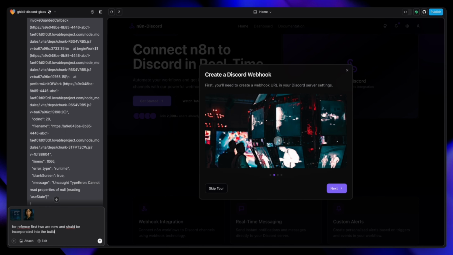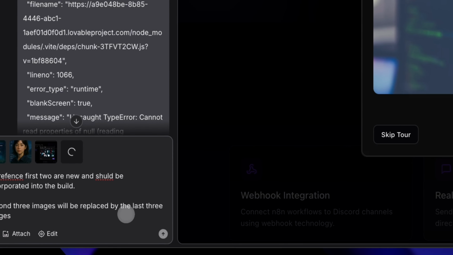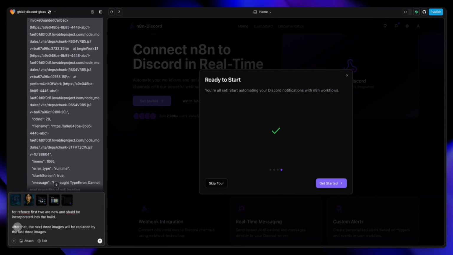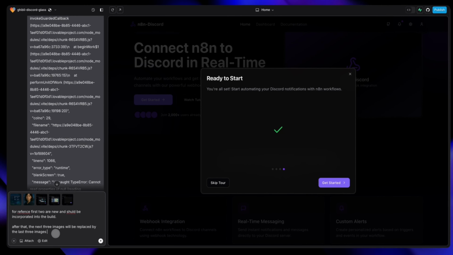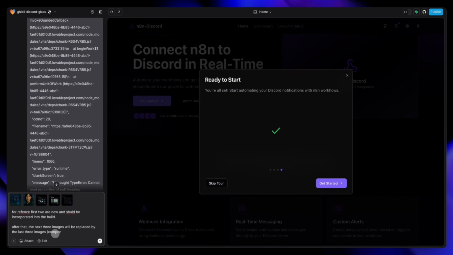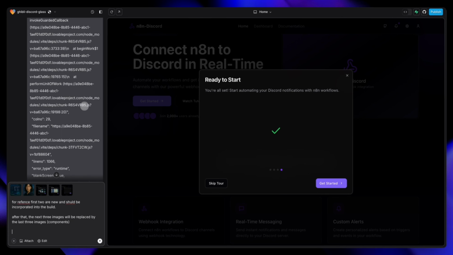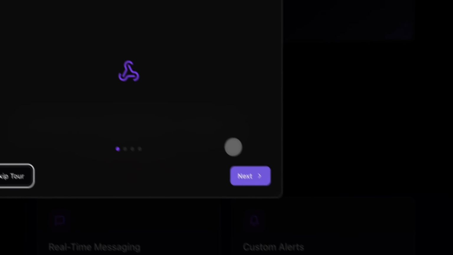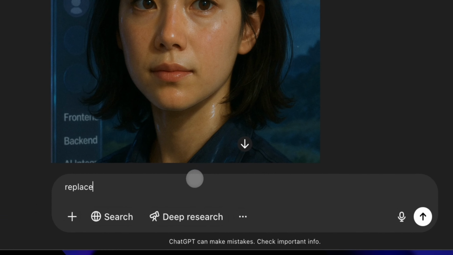Lovable's already got a pretty much full fleshed out idea. So I'm going to add some pictures here for reference. First two pictures are for this part. Next pictures are for this part. You want to get into more detail how to map, and I'll make a video about how to better map images with Lovable, if you don't want to use Supabase or something like that. And then you can even use n8n with a webhook and completely store things that way and use n8n as a backend. I've done that a couple times. If you have a designated folder, you can always get Lovable to understand the folder setup and hierarchy. It'll figure that out. It'll match names.